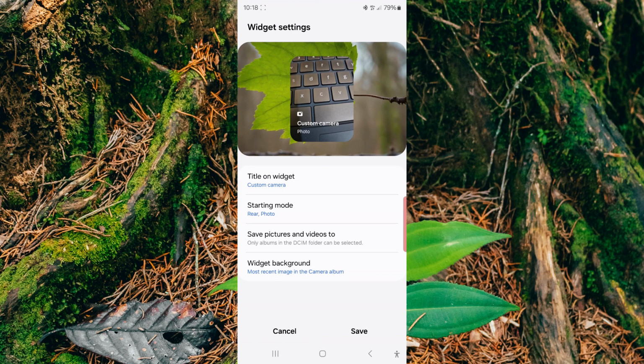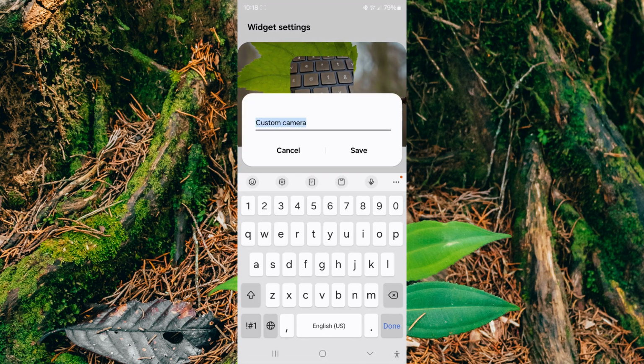First, you can change the widget title. To do so, tap title on widget. Erase the current title. And then type the proper title for this widget for easier access and identification. As the example, we will give this widget name Food Shoot, since we will set this widget to use food as its shooting mode. And then tap Save button.